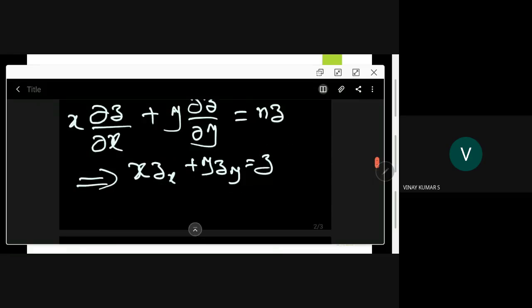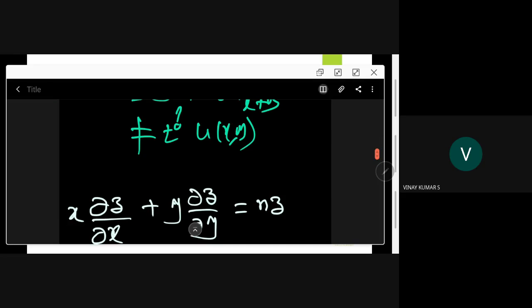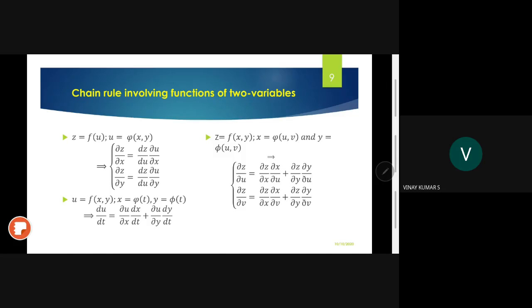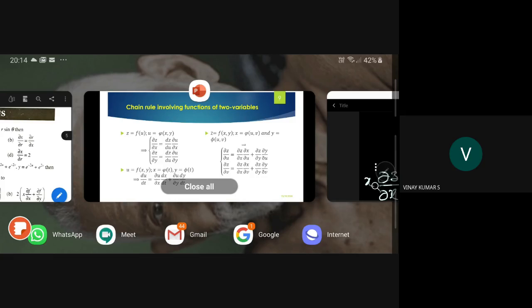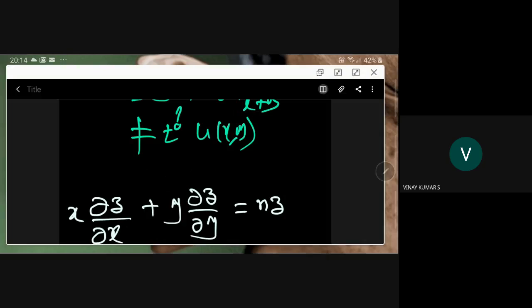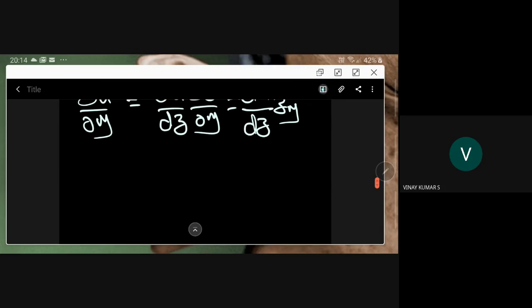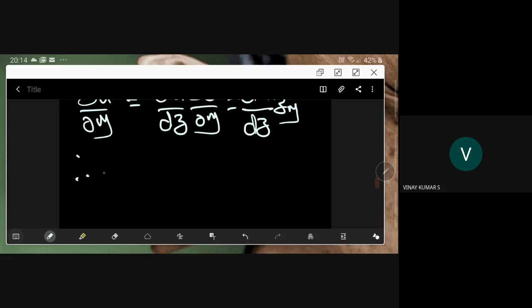We are asked for x ∂u/∂x plus y ∂u/∂y. Right. So therefore x ∂u/∂x plus y ∂u/∂y, right,